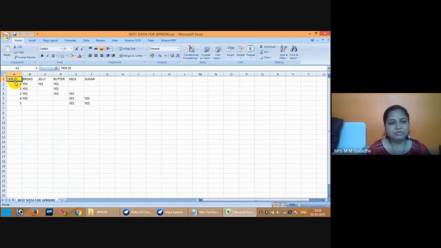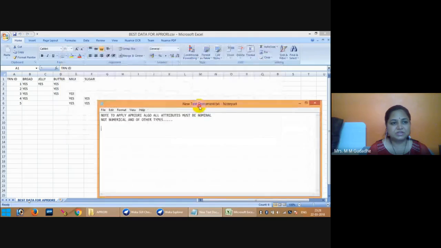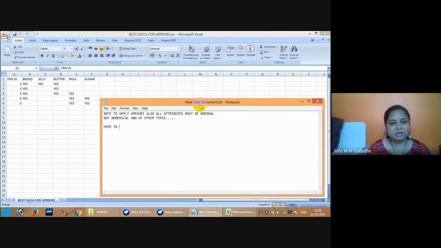So this is the file where I have stored the values. Same values are in our place. It's transaction ID, bread, then jelly, butter, milk, and sugar.